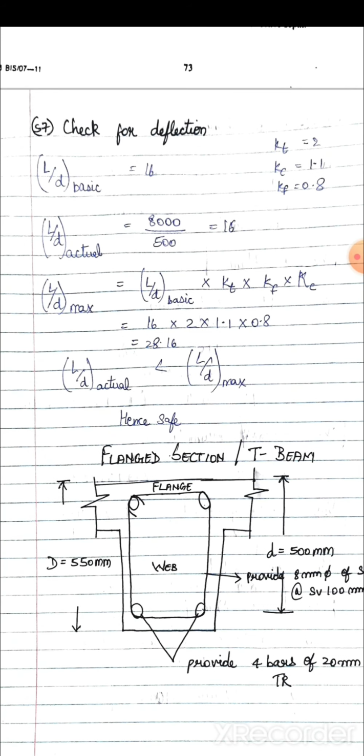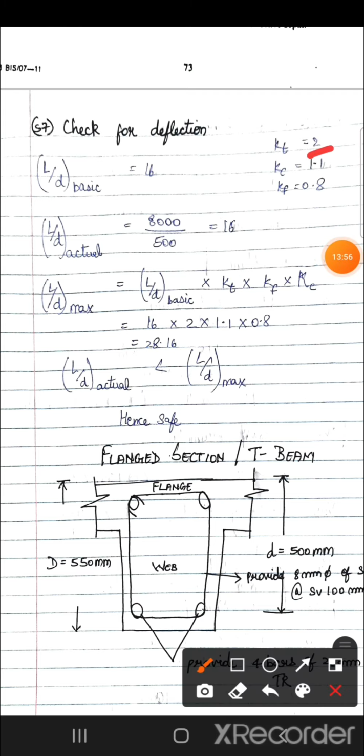So the L by d maximum formula is L by d basic into KT into KF into KC. KT, KF, KC values are given in IS456 page number 38. Referring to this, I have taken KT and KC as 1.1, KF 0.8. Calculating in this formula, we get 28.16,